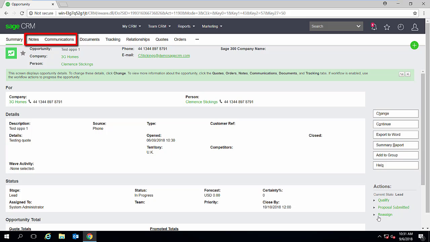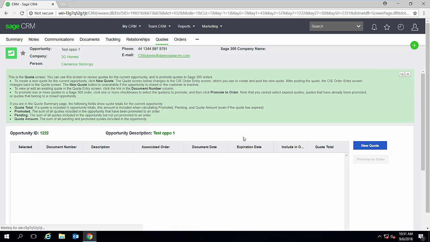I can progress it using my workflow. I can add notes and communications and all kinds of things before I reach the point of creating the quote or order. But once I've gone to those points, I can click on the quotes option here, and this will open up the quotes web screen